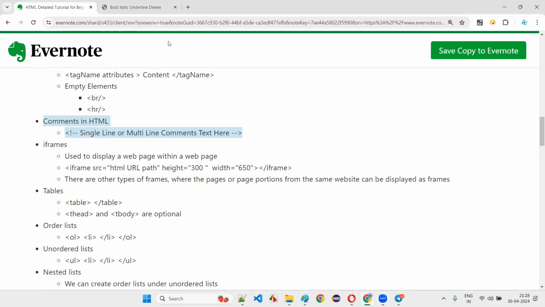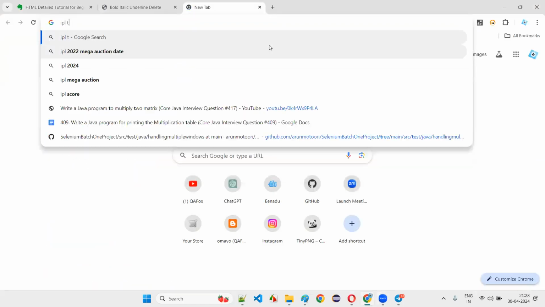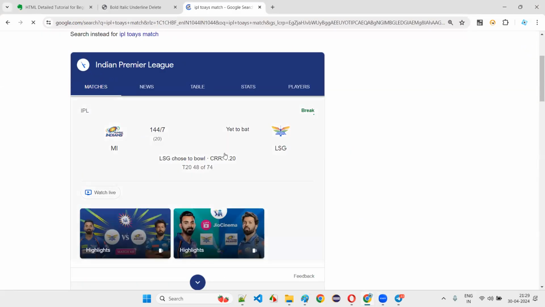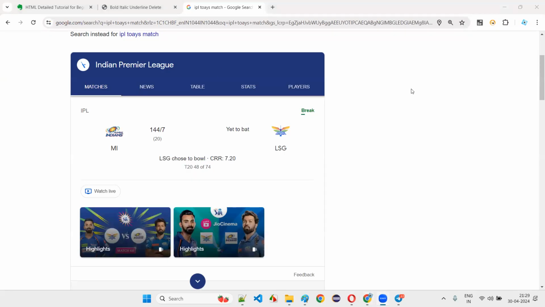So let's open and see how the IPL matches happen. Let's see today's match. If you want to see the score, you can see it, guys. I'm also facilitating that because you are attending my sessions, you should not miss the score. Yes, you love it, but class is important. I understand. Some break is going on. Here it is Mumbai Indians versus Lucknow Super Giants.